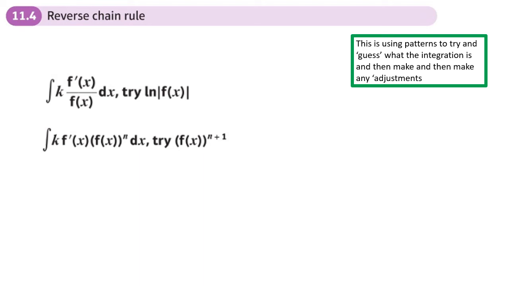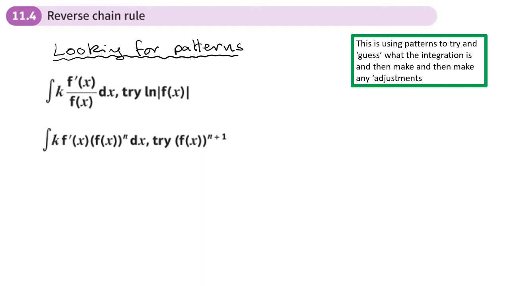This is the fourth section of the integration chapter, and this is what they call the reverse chain rule. I actually call it looking for patterns. I call the reverse chain rule that when you integrate the outside, divide by the inside, differentiate. That's what I call the chain rule. So I call this looking for patterns. And what we're doing is we're looking for particular patterns in an integral so that we can try a certain